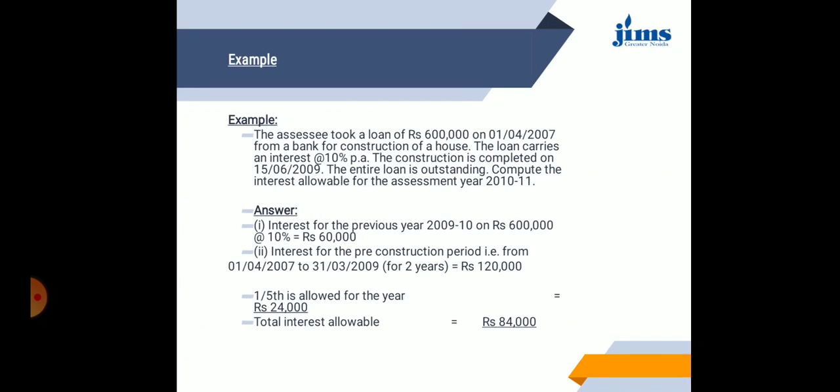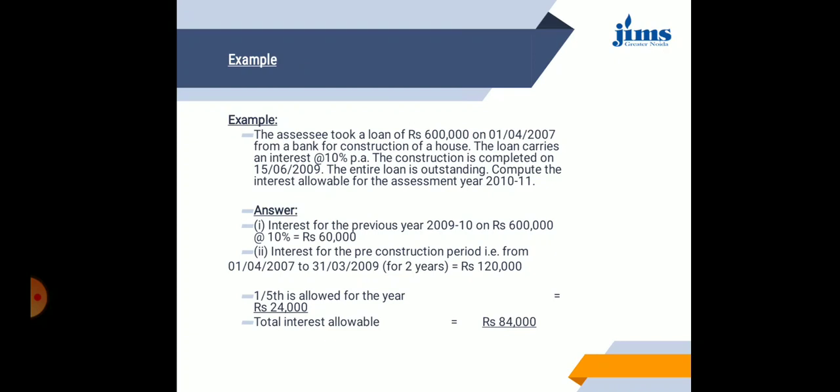Let us see another example. Mr. X took a loan of 6 lakh in April 2007 from the bank. The loan carries interest at 10% per annum. The construction is completed in 2009 and the entire loan is outstanding. Compute the interest allowable for the assessment year. First, we will see the interest for the previous year 2009-10 on 6 lakh at the rate of 10%, which would be